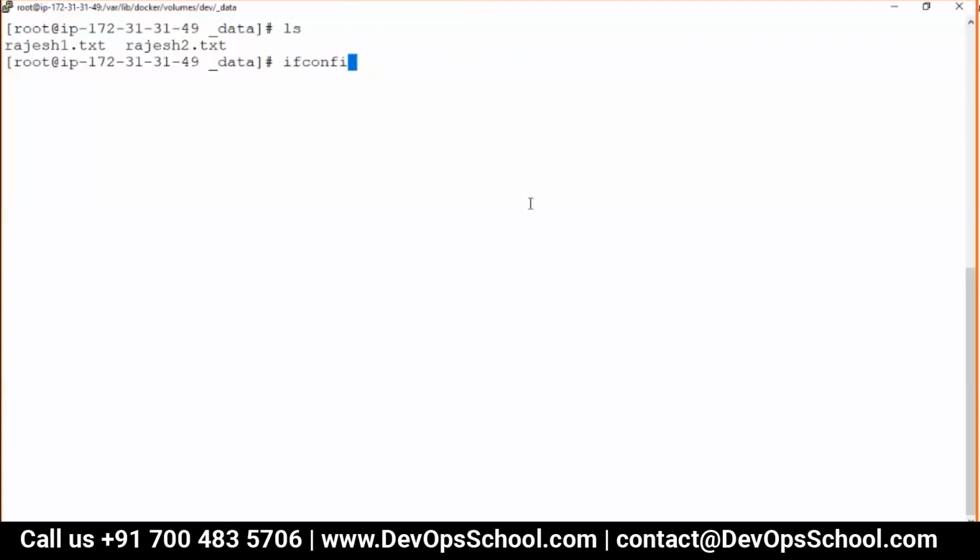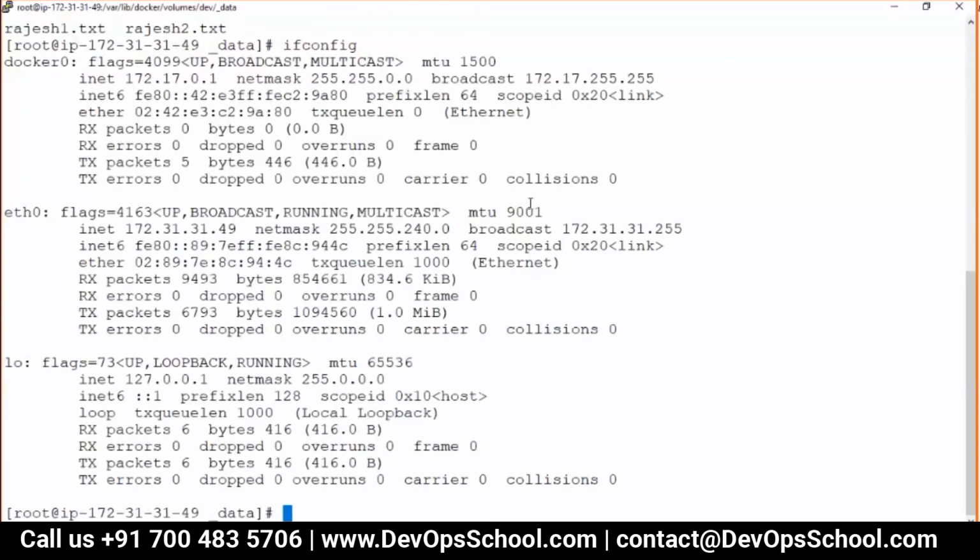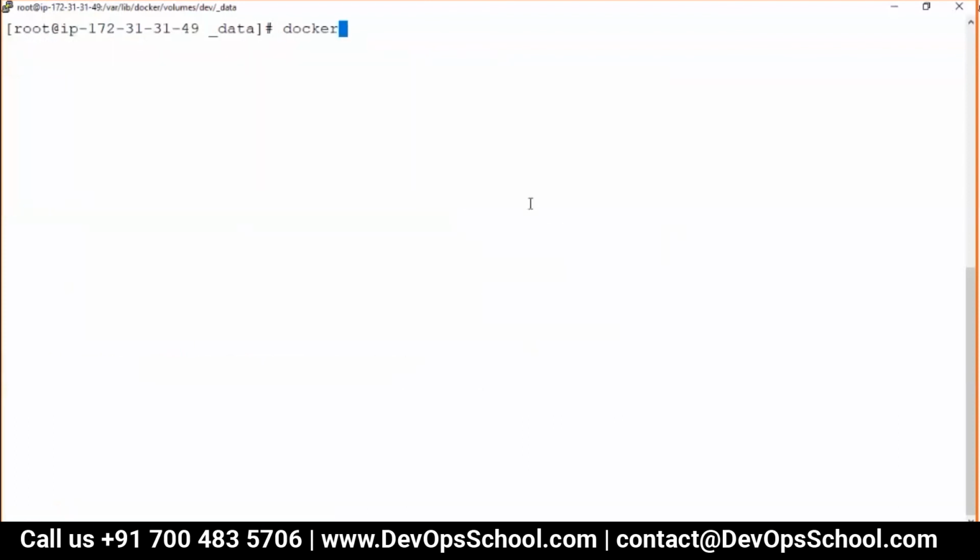So now the question is, how can I do that? The answer is very simple. docker run -itd ubuntu, and here I should specify --net=host. Simple, that's all.